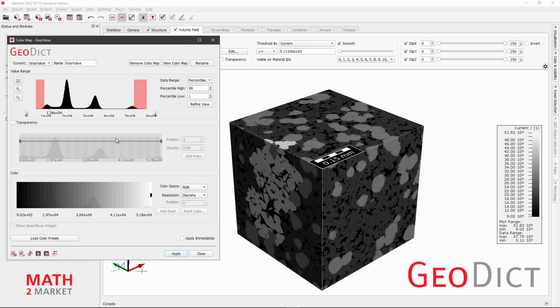For this purpose, we want to define a custom transparency transfer function. To do this, we first activate the transparency section by checking the box here. We can see the material phases represented in the data histogram in the background. From left to right, we have the dark pore space, dark gray grains, lighter gray grains, and finally a cluster of white grains. We can also now manipulate these linear functions by moving the control points and adding new control